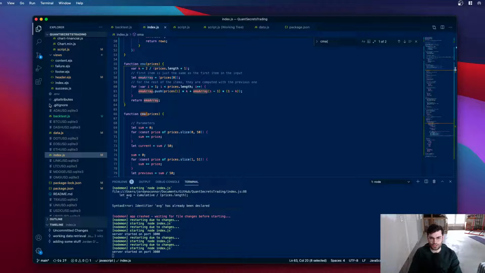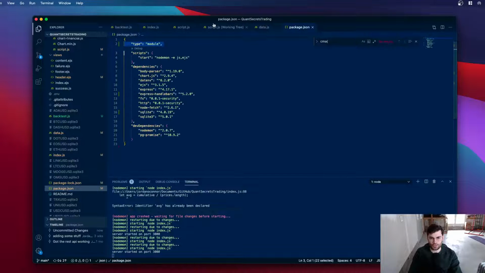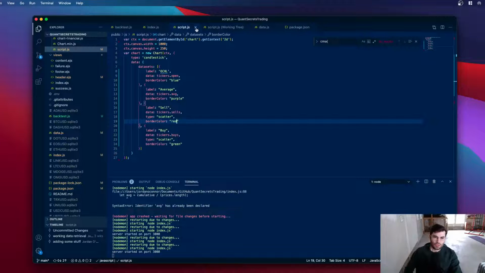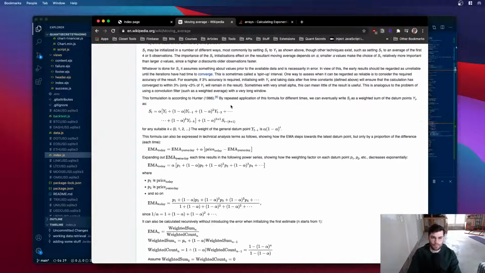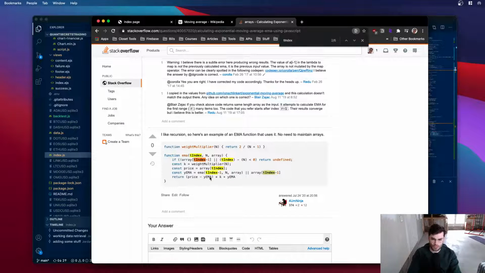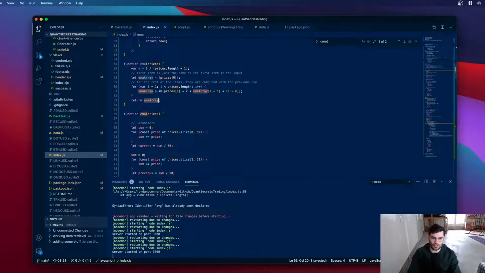With this one, oops. With this one, it's doing this, but then stuffing it into an array. So I don't really want that. I just want